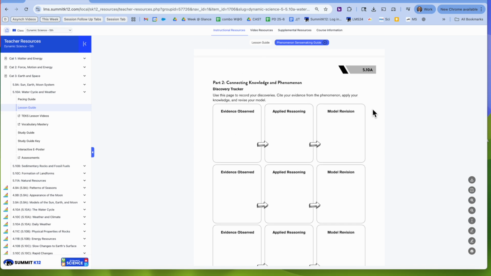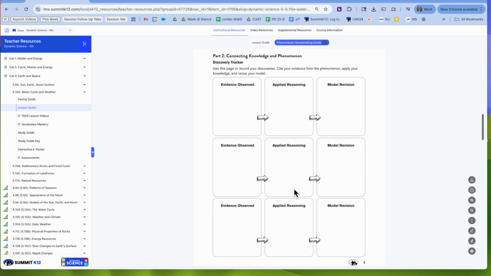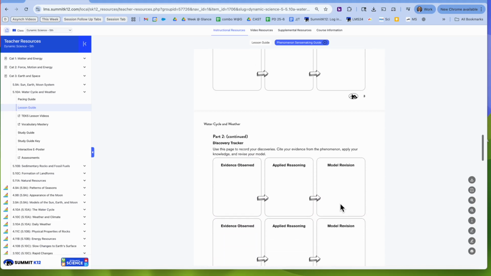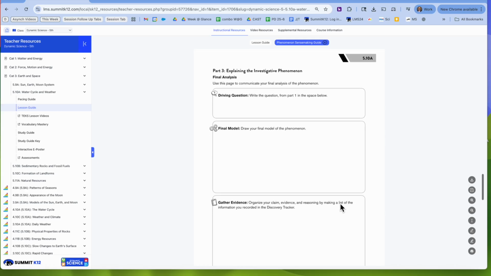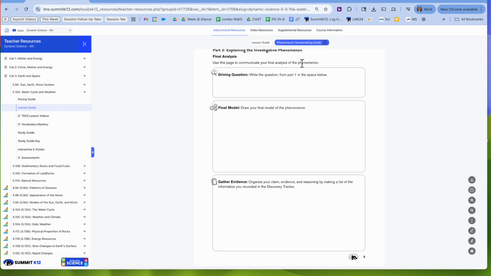After each investigation, we'll complete the discovery tracker. Students will record what they did and observed, what they learned, and what that means for their model, how that new learning will change their model. They'll do that anywhere from 2 to 4 times per cycle, and then we'll wrap up our investigation by reiterating